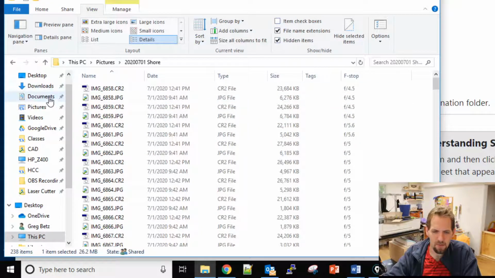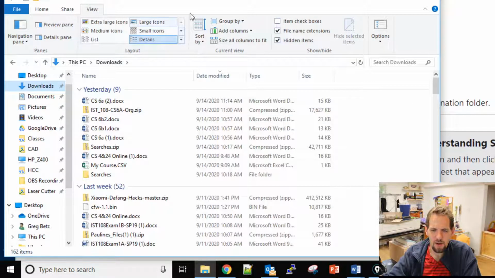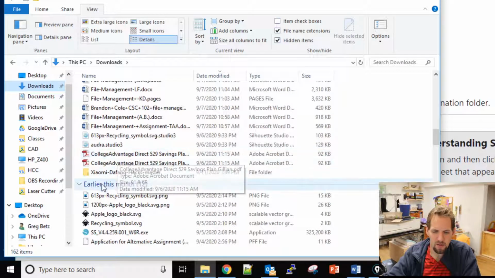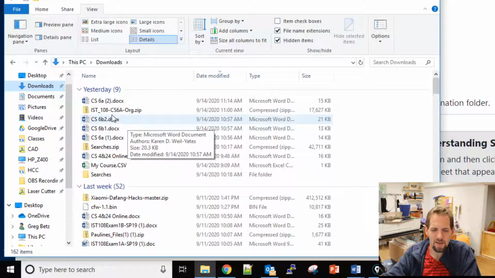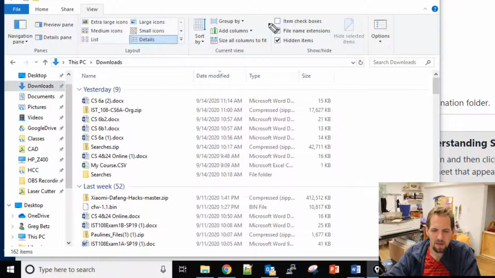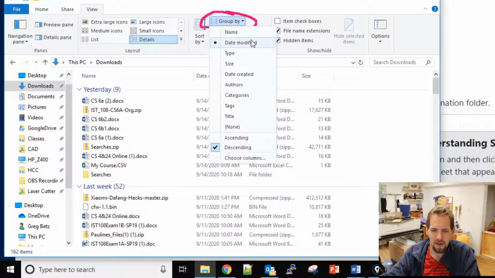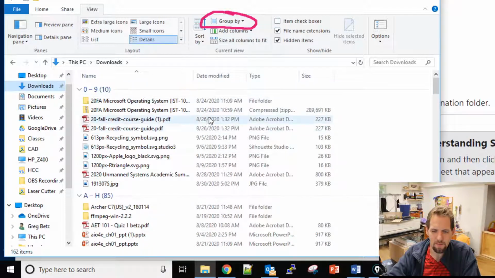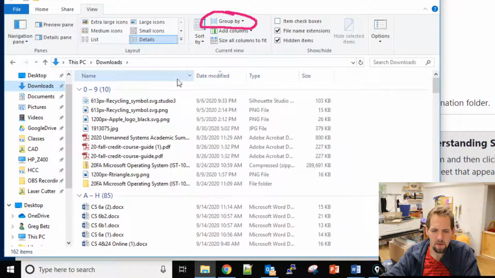We also have, let me go to my downloads folder because I have it this way. You see how I have yesterday, last week, and then it goes earlier this month. That is grouping. That is this group by right here. I have group by turned on for date modified, and I'm also sorting by date. So if I go by name, and I go date modified, it does some really